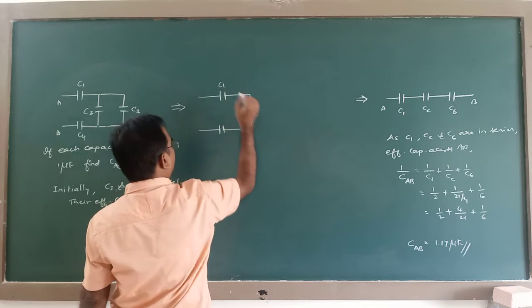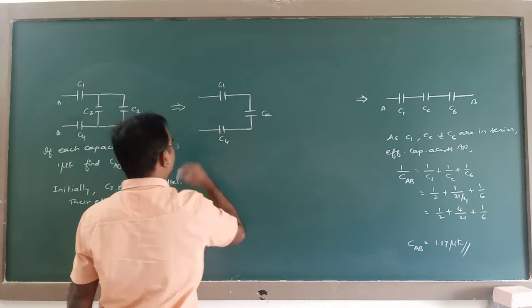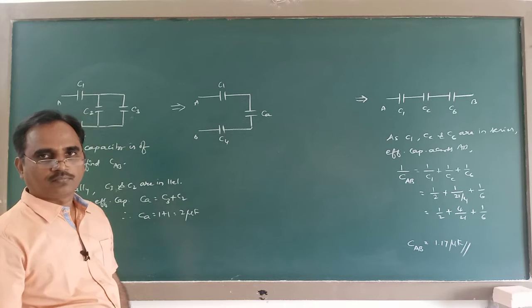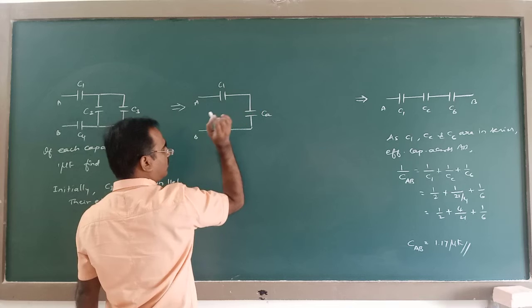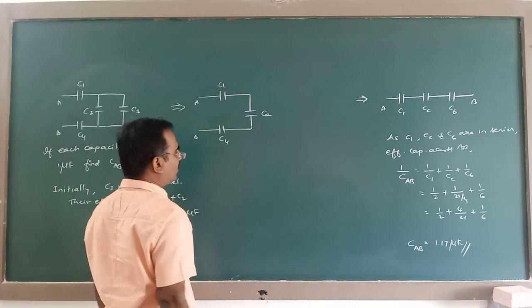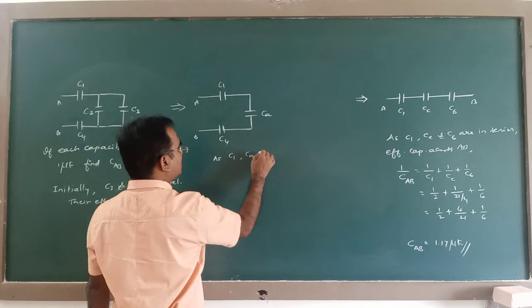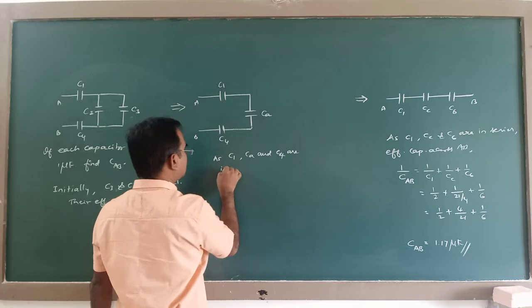So this is C1, this is CA, and this is C4. This is A and this is B. See, C1 is connected to CA. That means C1, CA and C4 all are in series. As C1, CA and C4 are in series,